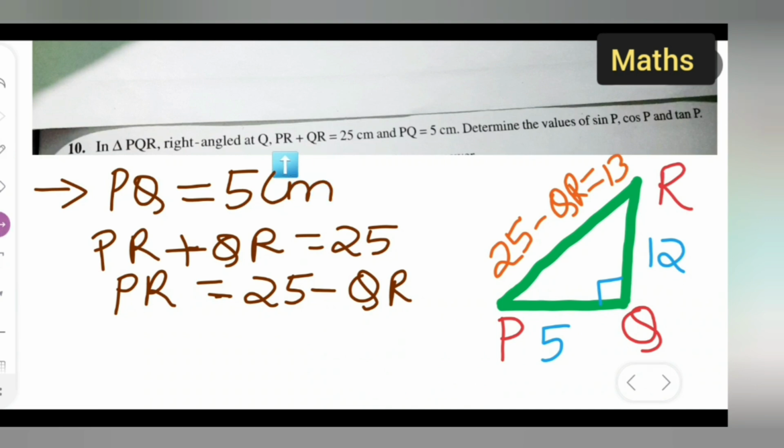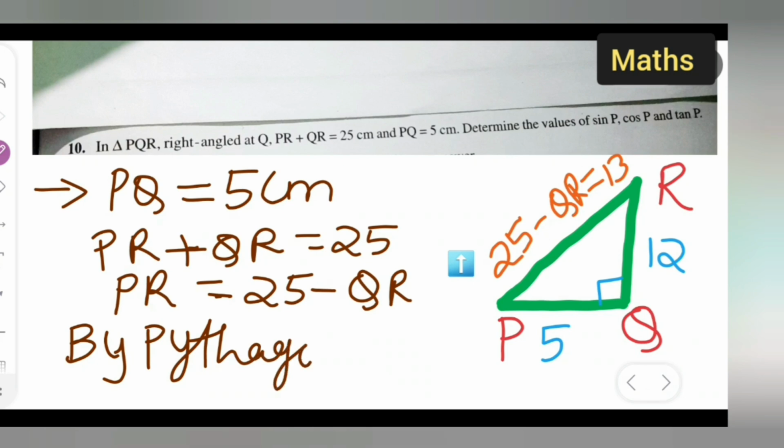So what I have done over here is I have kept this PR as it is, equal to 25. QR I have taken it other side, so plus sign will turn into minus QR when I take it other side. Now we are going to apply a Pythagoras theorem for this triangle. By Pythagoras theorem, the first thing you all are going to write is PR the whole square plus opposite side, that is QR, plus adjacent side, that is PQ, square. So write down over here